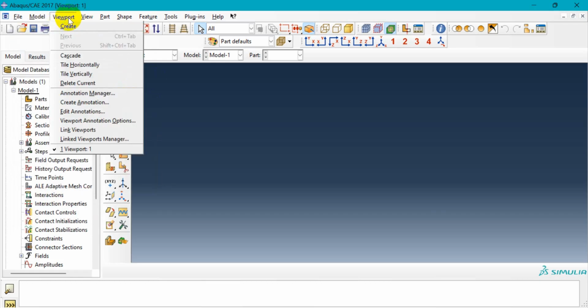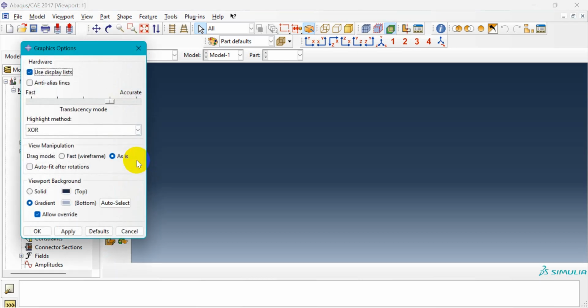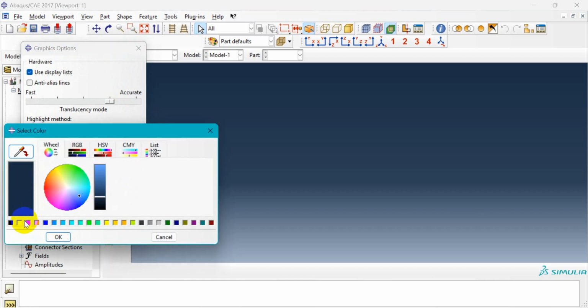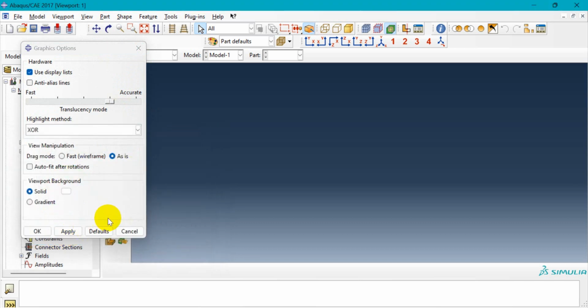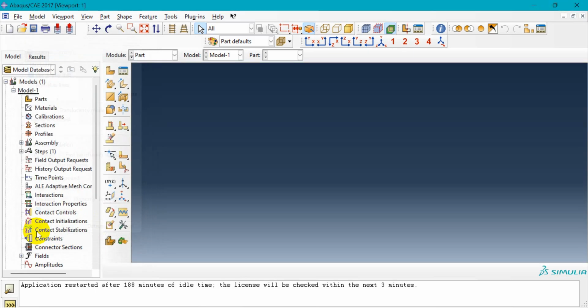And if you go to View, you can change your background colors if you want. You go to graphics options, and here you can see viewport background. You can change it to solid, and you can select any color from here. Select apply, then you can see the background is changed to white color. Okay,